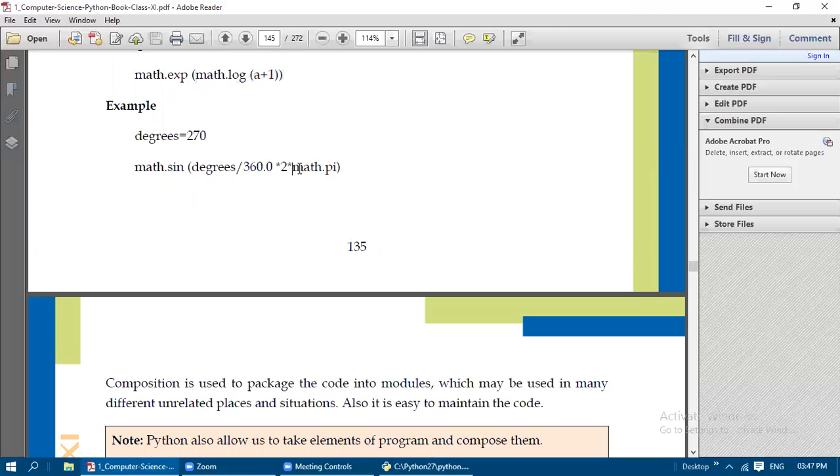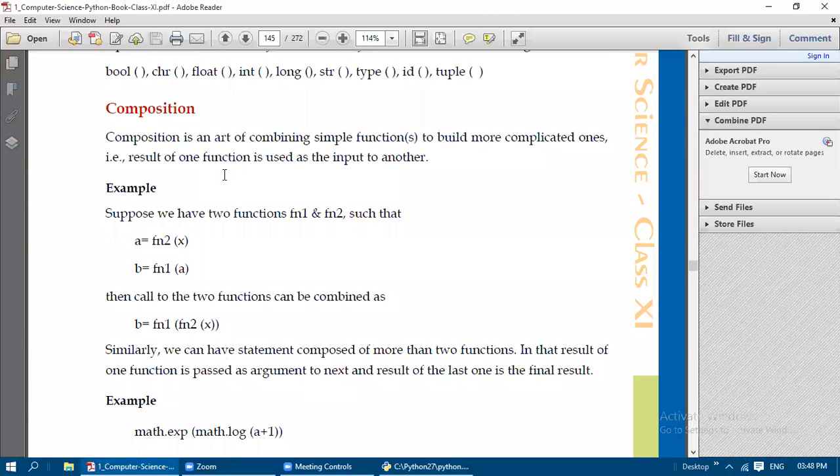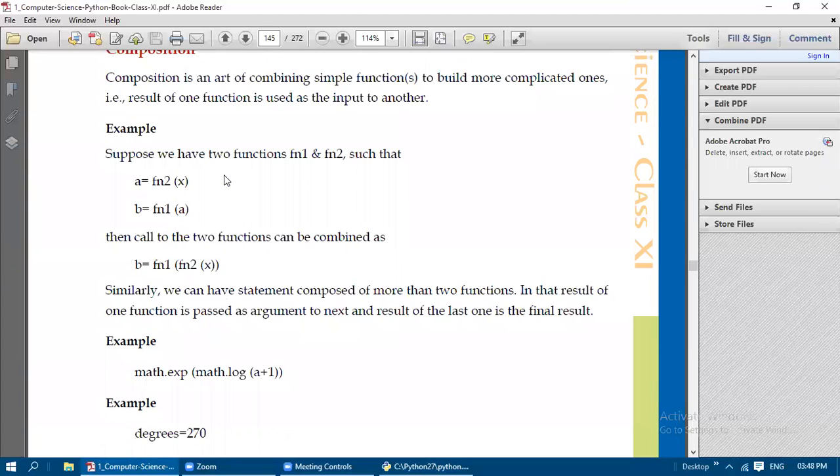First math.pi is obtained, then the entire expression is evaluated, and then the sine of that value is obtained. Like that, we can combine simple functions into more complicated ones.